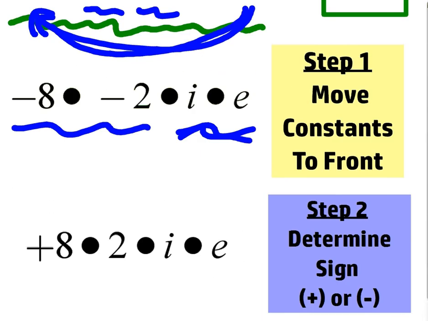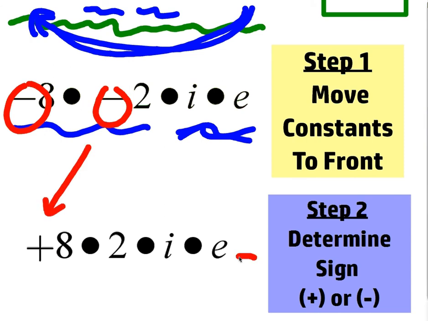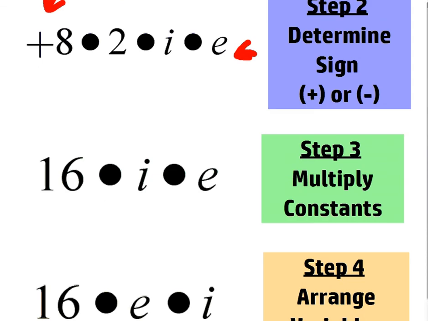Now, how many negative signs do we have? We have 1, 2. An even number of negatives makes it positive, so that's step 2 out of the way. Step 3, multiply constants. What's 8 times 2? It is 16. Okay, and then